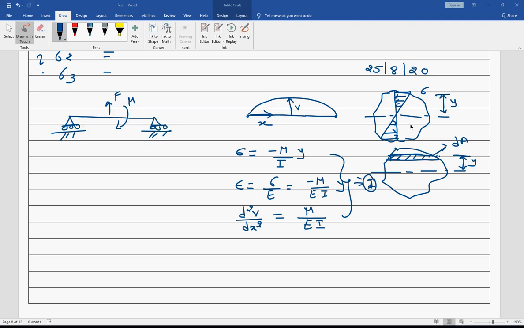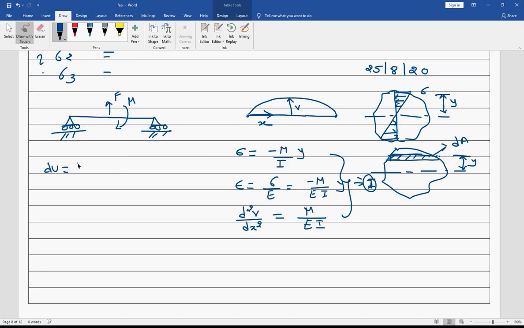So now let's try to derive a small internal energy. Now why we are saying small internal energy? Because we are taking area small dA. Generally we write U_E internal energy of the element, but here in this case we are taking small area, so we will find out the internal energy of small area and then we integrate it to get the internal energy across the whole area or the whole element. That is what is the objective.